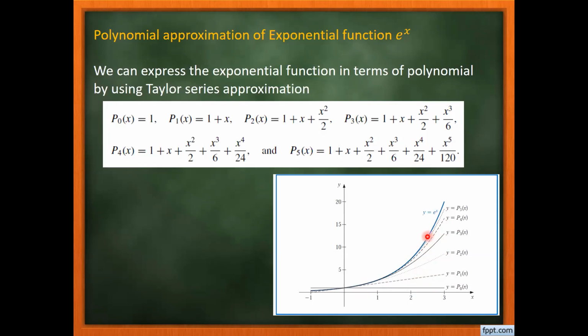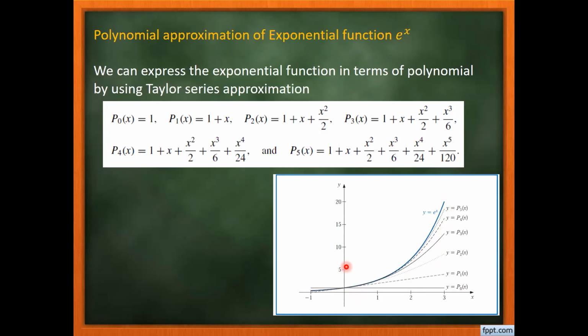But if we look after about 2.2 or 2.3, we can see that these two graphs are moving away. Which means that even by considering a fifth order polynomial, we are not able to come close to the exponential graph after 2.3. So this means that the Taylor series is a good approximation to the exponential graph, but near 0. As we move away from 0, even if we increase the order of the Taylor polynomial, their curves are still not matching. This means that the error